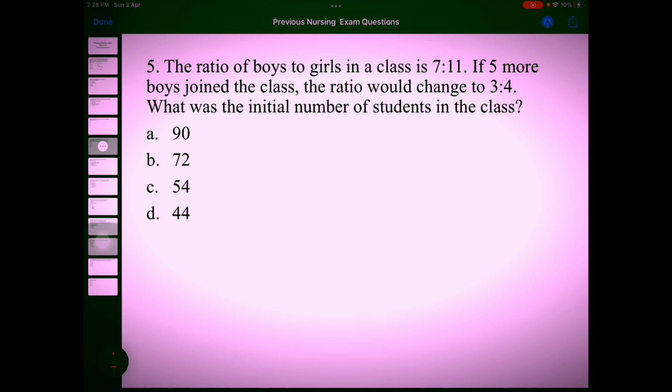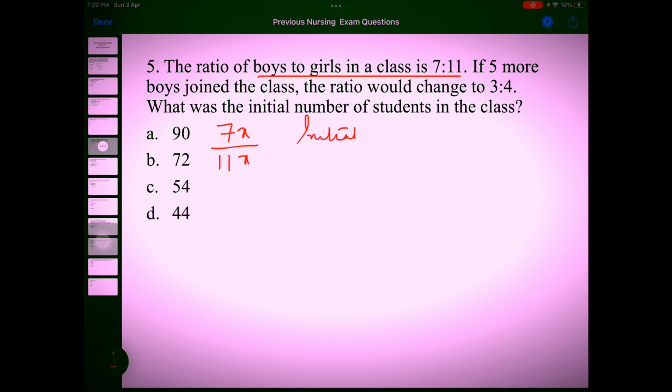Question number 5. The ratio of boys to girls in a class is 7:11. If 5 more boys join the class, the ratio would change to 3:4. What was the initial number of students in the class? So the given ratio of boys to girls is 7:11. So let the actual number of boys be 7x and the actual number of girls be 11x, and the